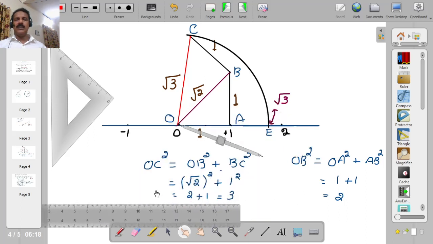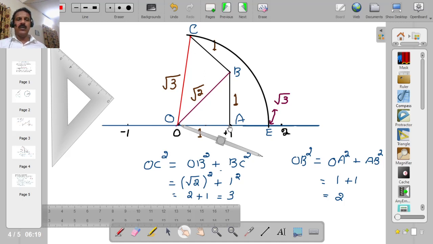Next, we will be drawing a right angle triangle with the base equal to 1 unit and altitude also equal to 1 unit. So draw a line segment from point 0 to point 1. Mark point 0 as O and mark the point 1 as A. Now OA is the base of the right angle triangle that we are going to create.